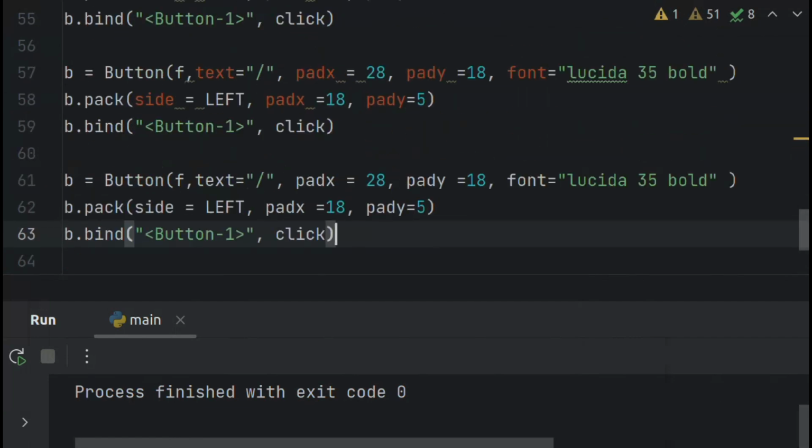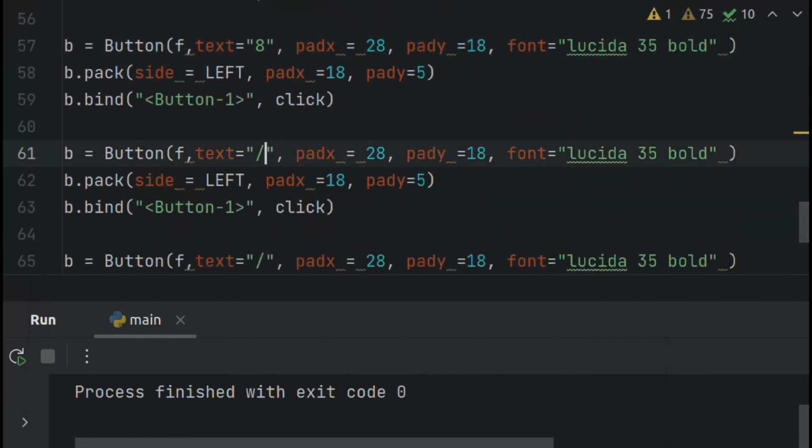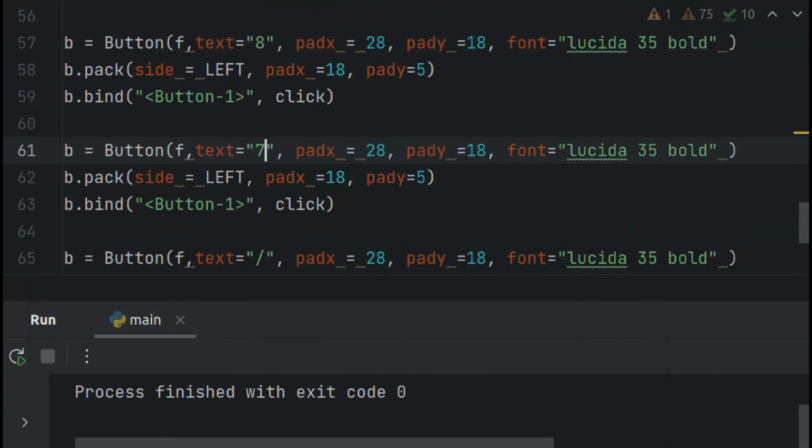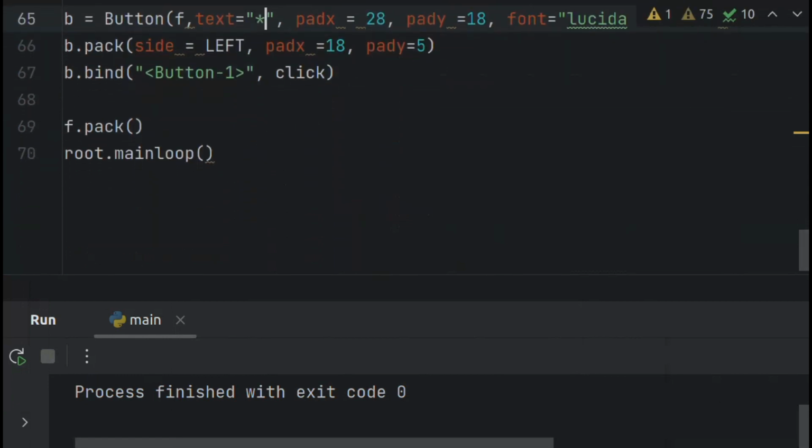So this is the third, 4 buttons. So the first one will be, so I'm going, most calculators start with 9, then 8, then 7, then at the end I'm going to do some multiplication. So when I run this,